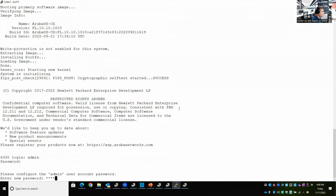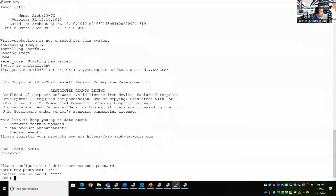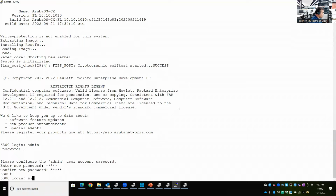So it's asking for a new password. I'm going to give a new password. Now I'm into the AOS-CX switch. As I've connected here, this is my conductor. If I change this console to my standby, take a look at this console, what's going to happen? It will tell me